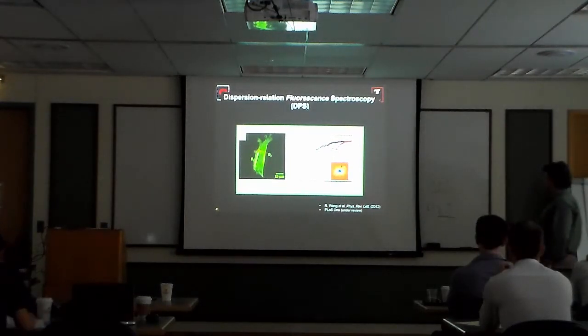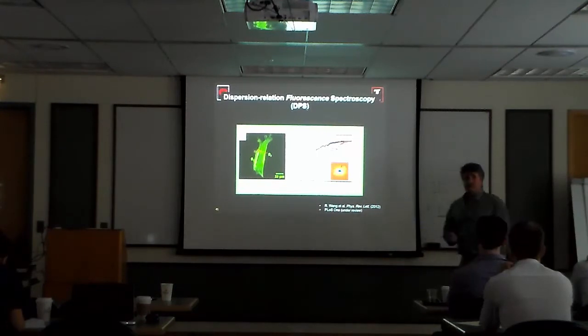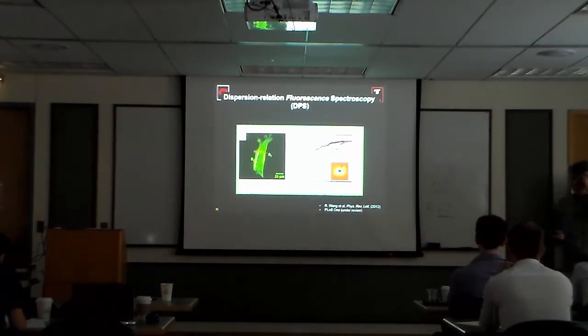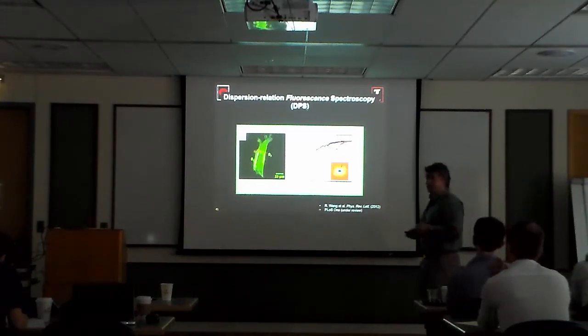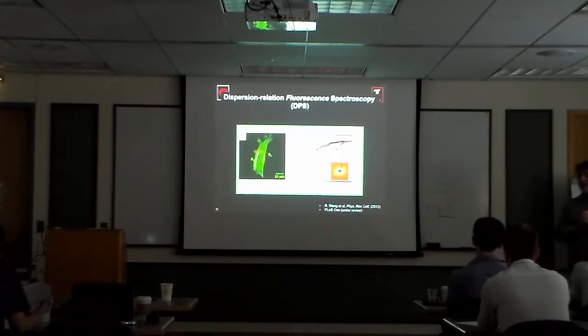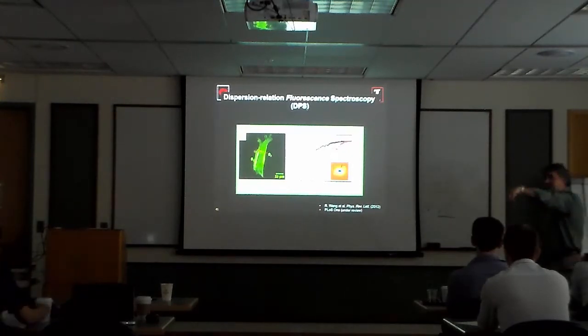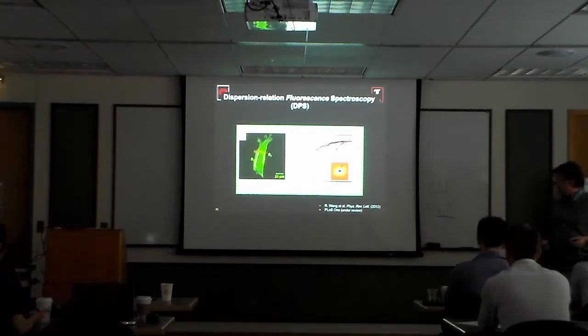So we also show that all this dispersion analysis can be done in fluorescence. So for those of you who are doing fluorescence, it's kind of generalizing fluorescence correlation spectroscopy, FCS, if some of you are familiar with that, where you look at fluctuations from a single fluorescence spot, to now looking at the full field, where it's as if you have a variable spot, from a very small one to a very big one.